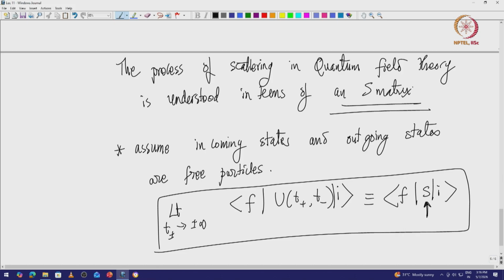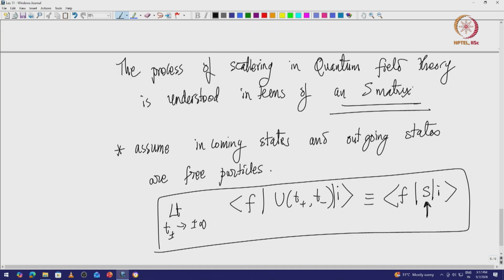This evolution is the U matrix which we have written, and for a small period of time they enter the interaction picture, and during that they evolve like the interaction states which we have seen,